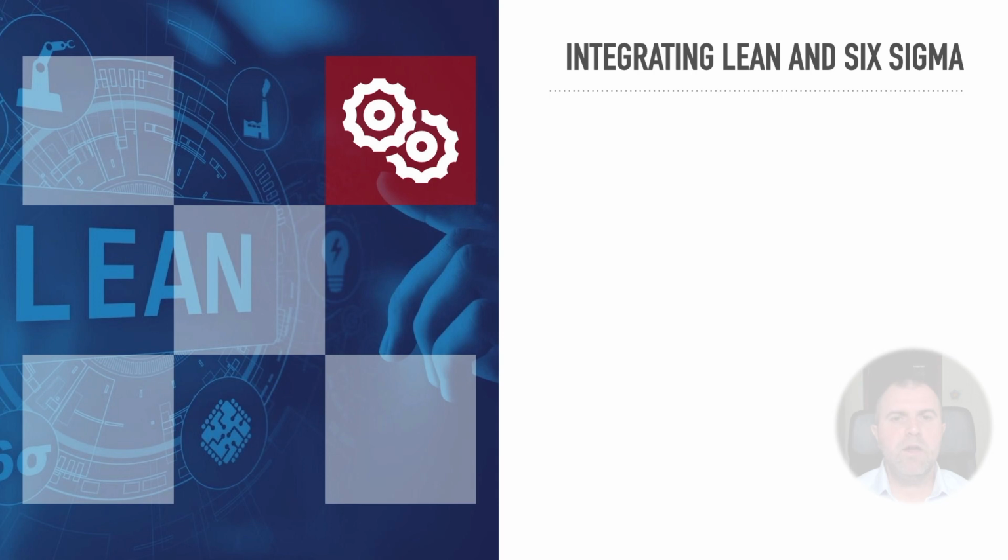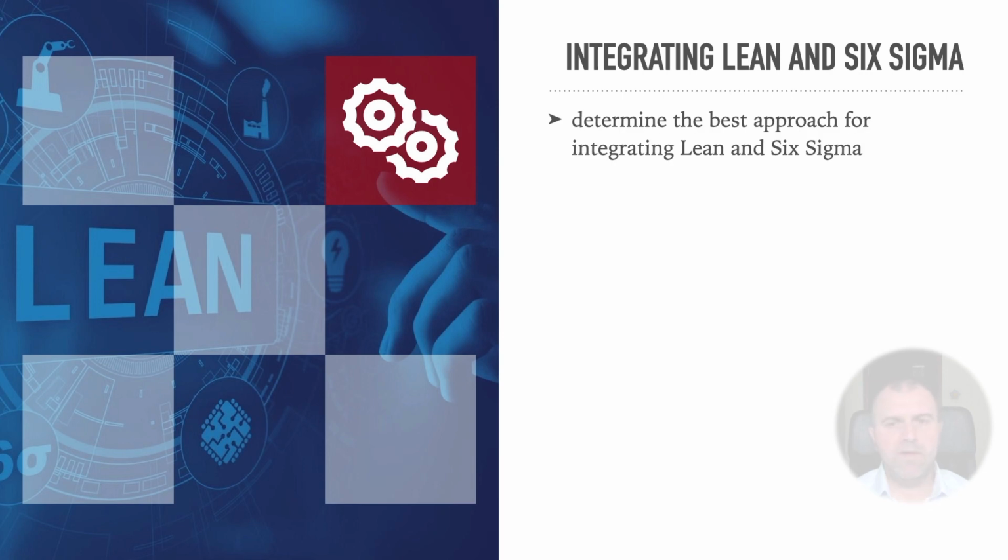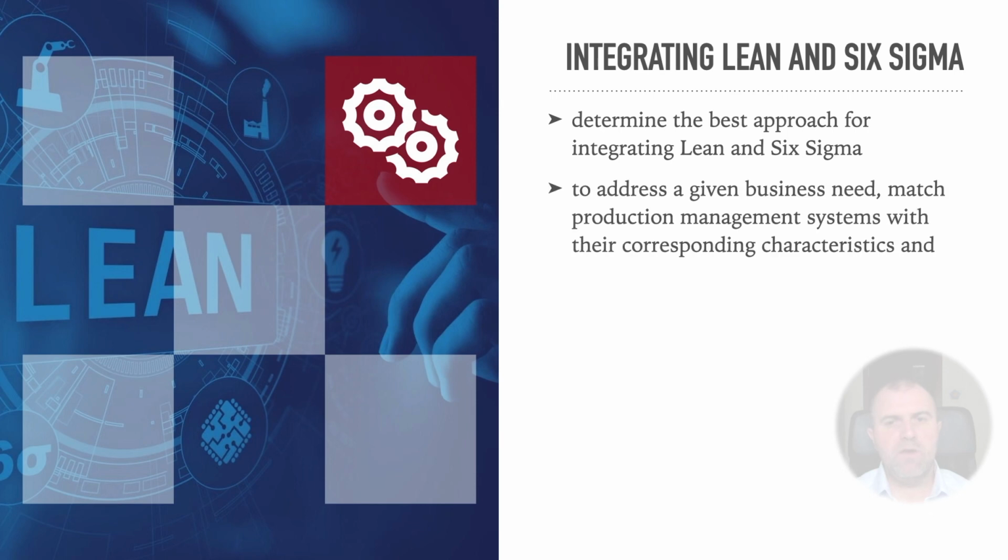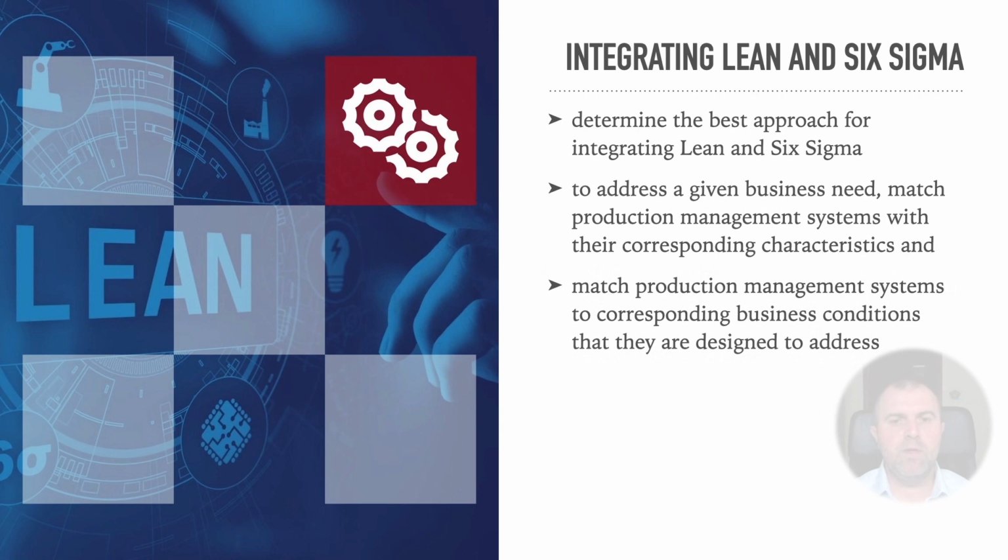Integrating Lean and Six Sigma. After completing this topic, you should be able to determine the best approach for integrating Lean and Six Sigma to address a given business need. Match production management systems with their corresponding characteristics and match production management systems to corresponding business conditions that they are